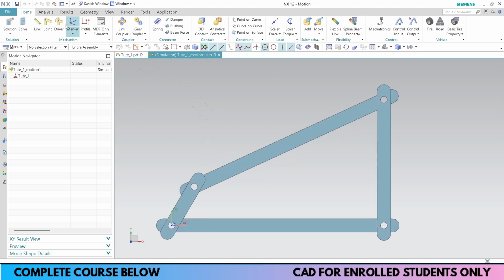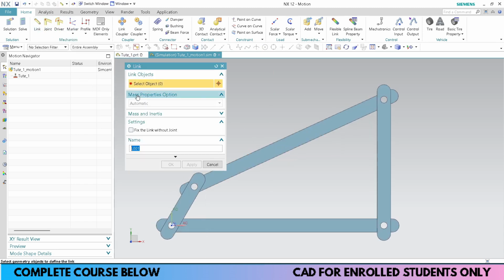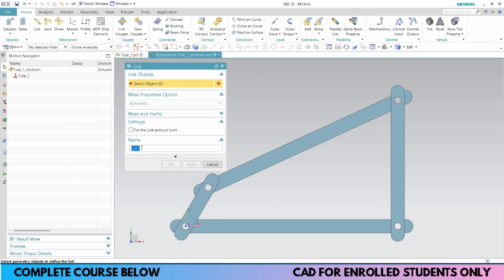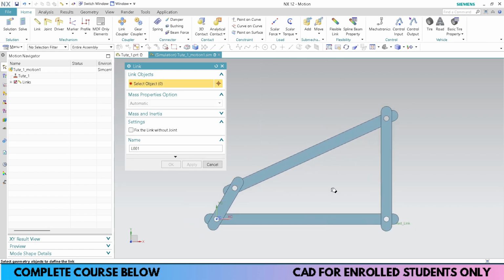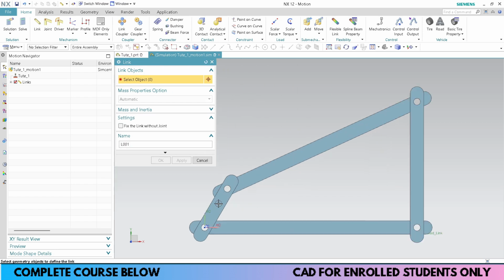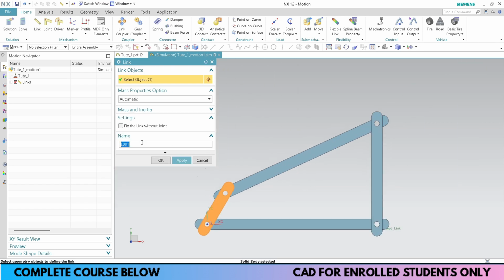Now let's name this link number one. This is fixed link. Select this one, apply. Because I'm going to create the other links also, I want this command to be open. This left side link, this is my driver or crank.